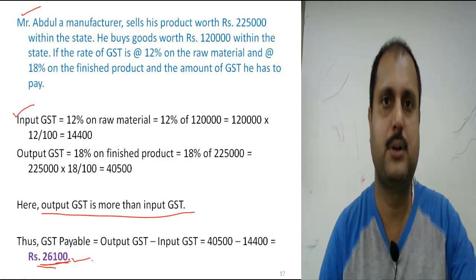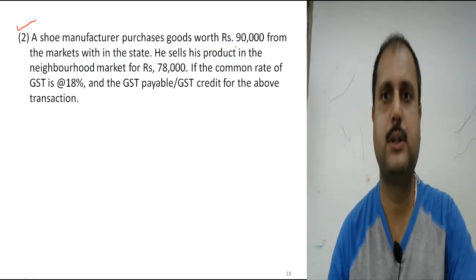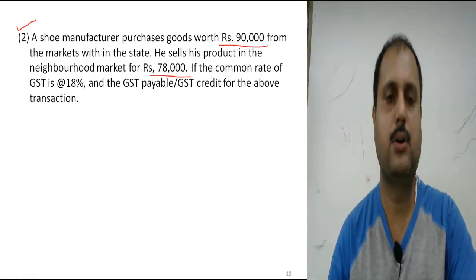So let's move to our next question. Now let's discuss another question. This is going to be question number 2. The question says a shoe manufacturer purchases goods worth 90,000 from the market within the state. So it is called the input amount. On the input amount, he sells his product in the neighborhood market for rupees 78,000, if the common rate of